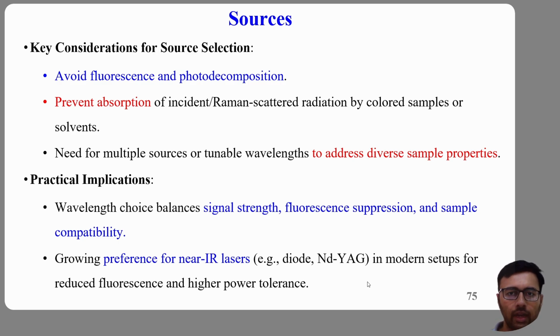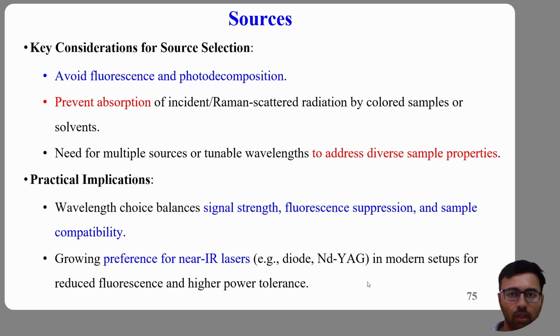This is why Nd:YAG at 1064 nanometers was revolutionary, because the photon possesses lower energy and usually cannot excite electronic transitions. Therefore, fluorescence is dramatically reduced or eliminated. This allows us increased laser power, improved signal quality, and preservation of delicate samples. However,